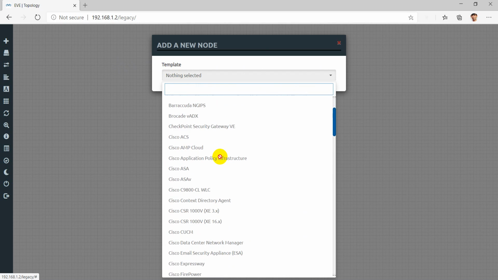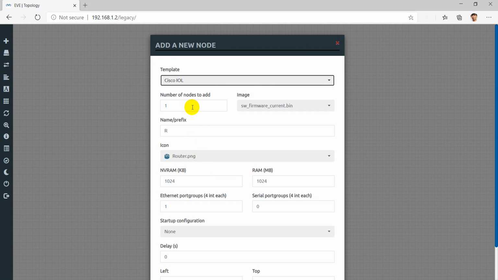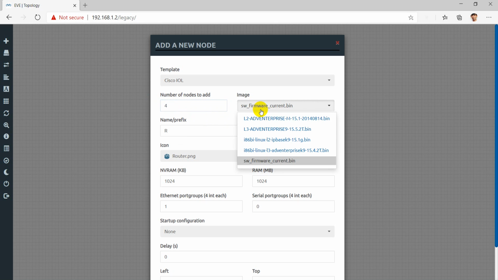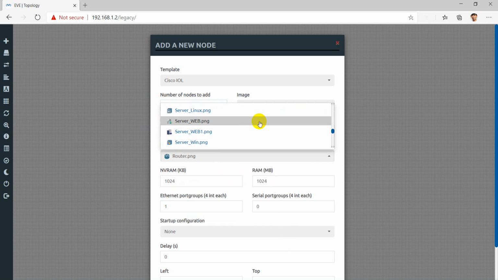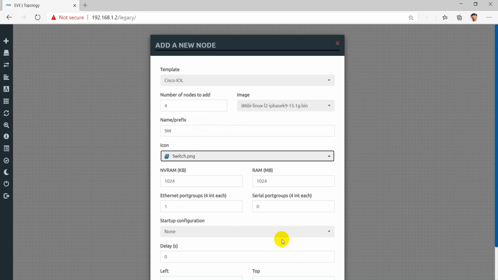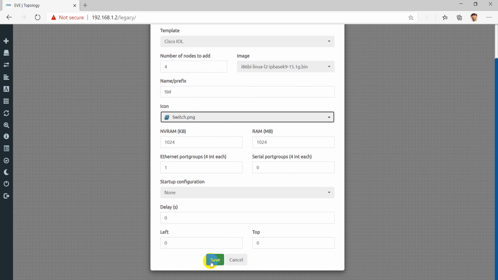I will add nodes. I will take four switches. I'll select an icon for that. And we should be good.